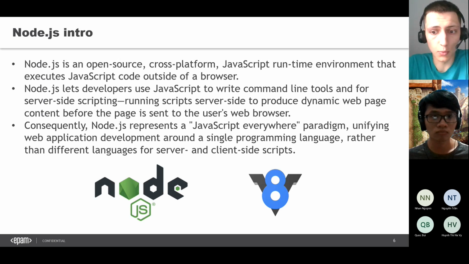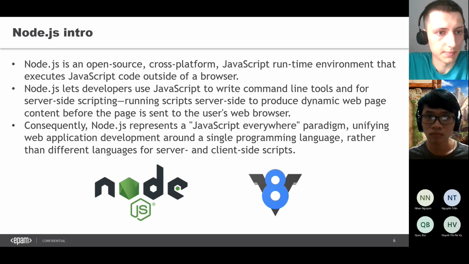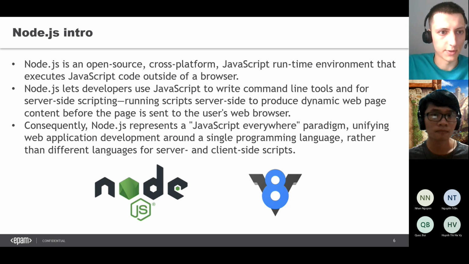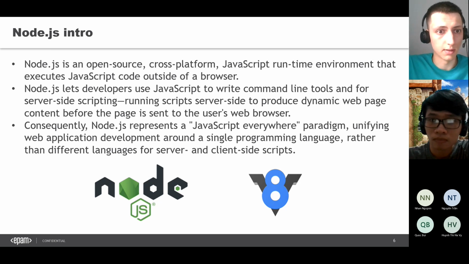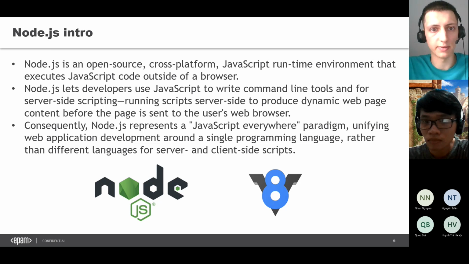Yeah, what is Node.js? Here are a couple words about Node.js from the official documentation. Node.js is an open source cross-platform JavaScript runtime environment that executes JavaScript code outside of a browser.